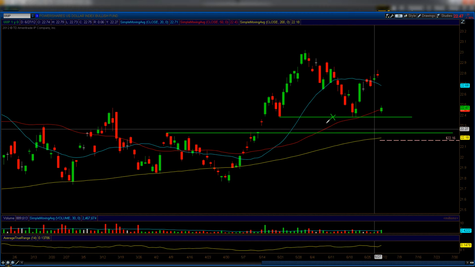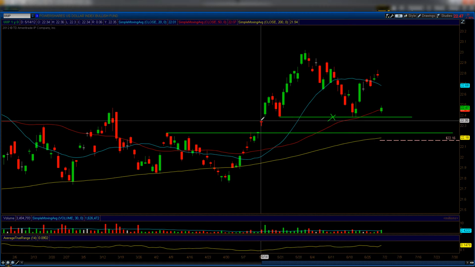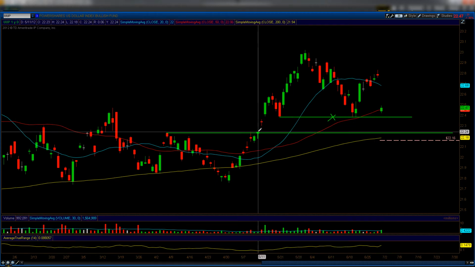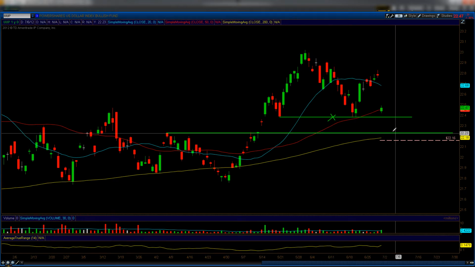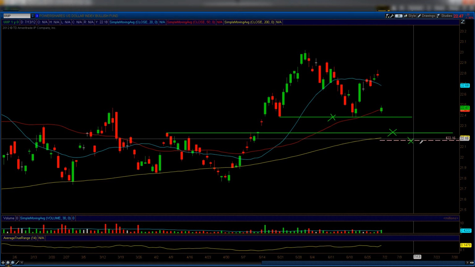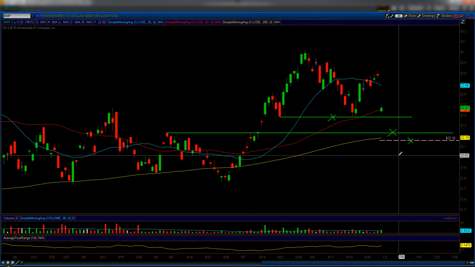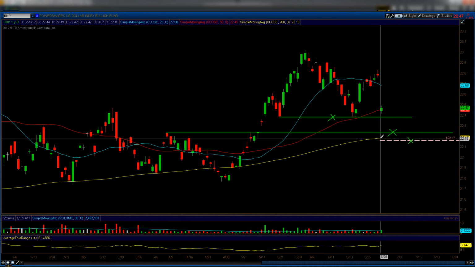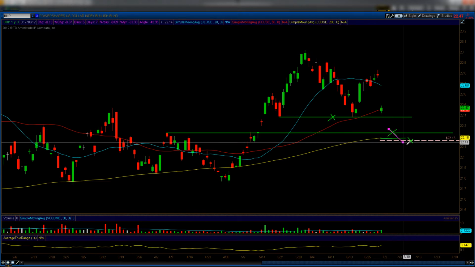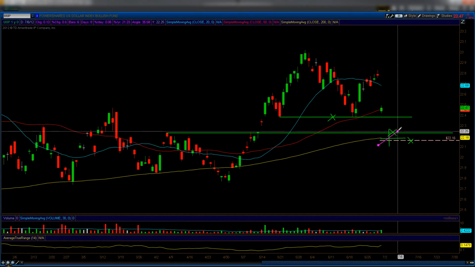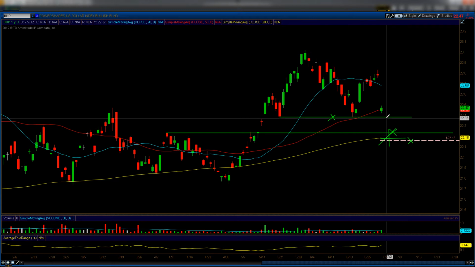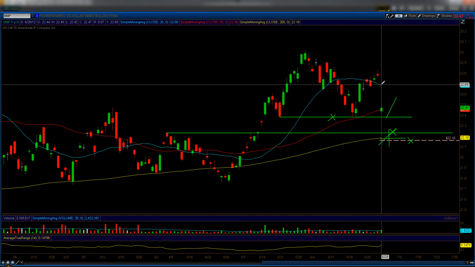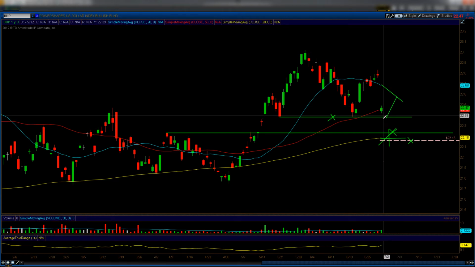If it does break down, we're going to get resistance here within the gap fill, and then we're going to have the gap window, and then we're going to have this nice resistance point here. If we can get to this level here, I really don't see it getting past this 2216 level, which is a formulated level calculation, and we're also going to have this 200 moving average here. So we're going to have a lot of resistance around this point over here if the dollar can even make it there. We may actually start getting a bounce up into this 20 moving average from this level over here